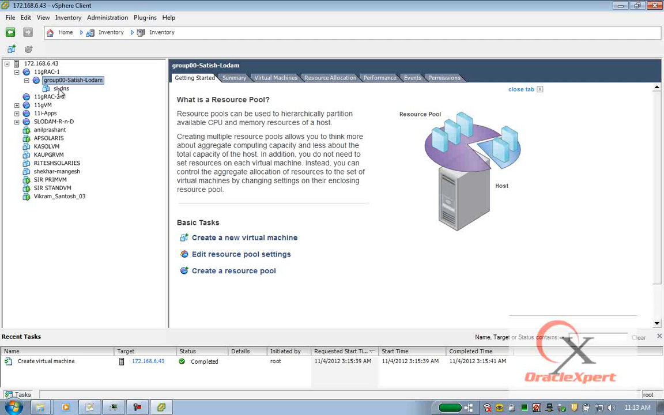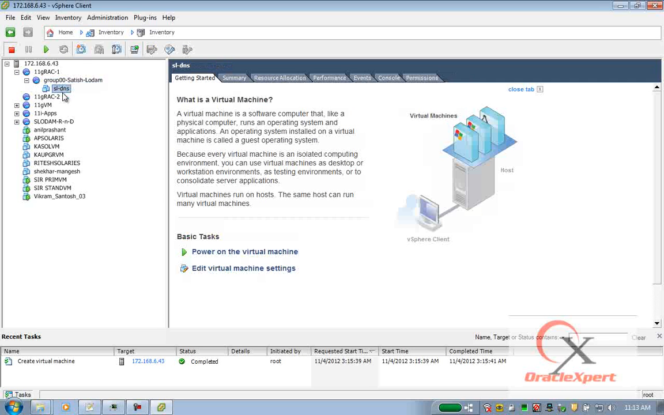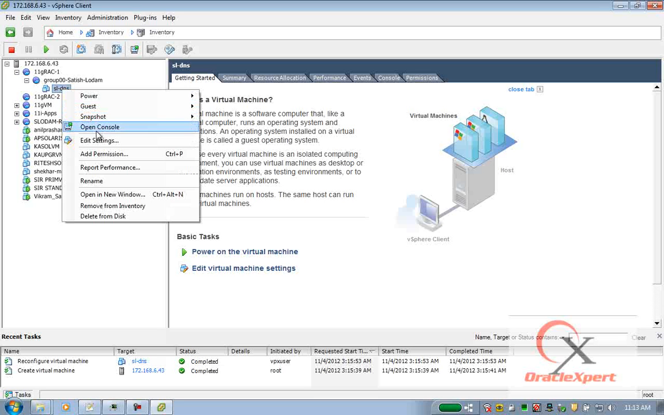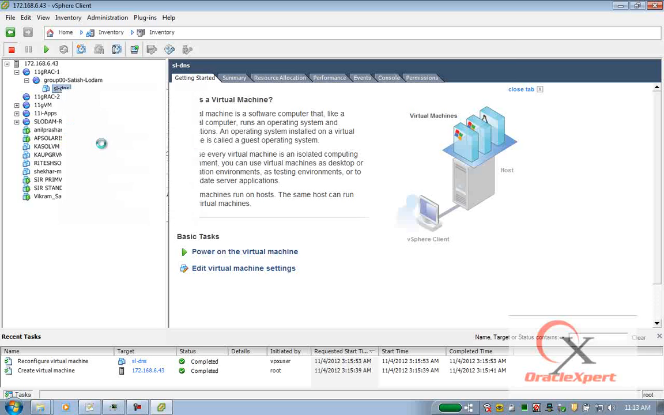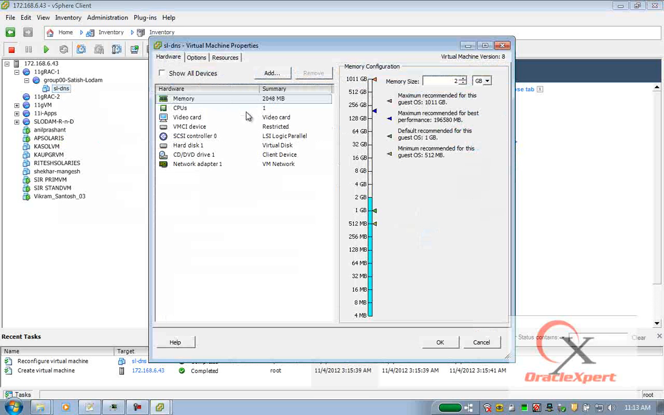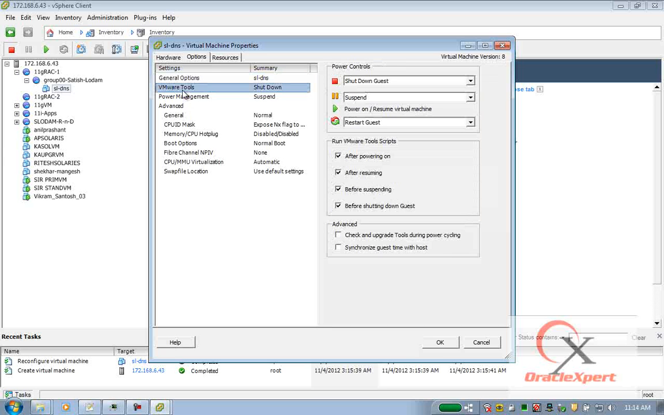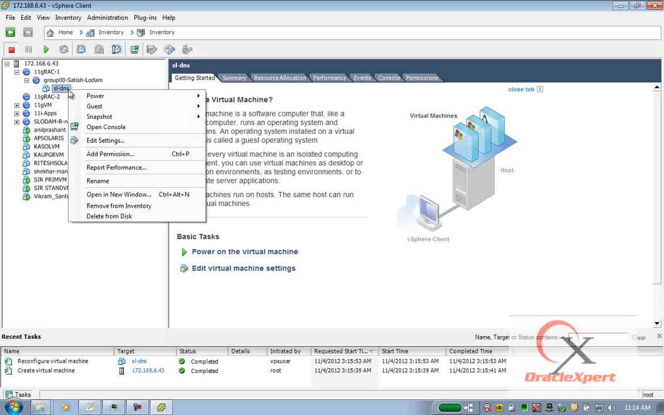I expand my group to see there's a new virtual machine now with the name SL DNS under my group. Clear? You can right click on it and go to edit settings. If you have missed something that you would like to change now, you can do it from here. The only thing I want to change is, I right click on it, I go to edit settings,